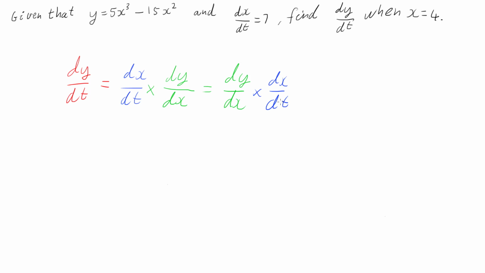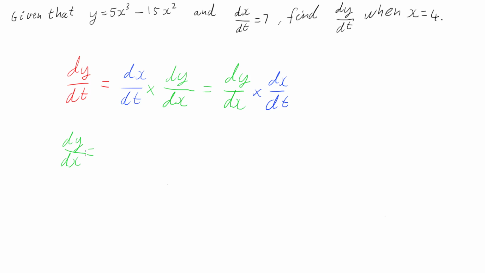It's normally a bit more usual to see the chain rule written this way. dy/dt is dy/dx times dx/dt, but we can write it either way. Multiplication doesn't matter. So that means that we need to find this derivative dy/dx. So dy/dx